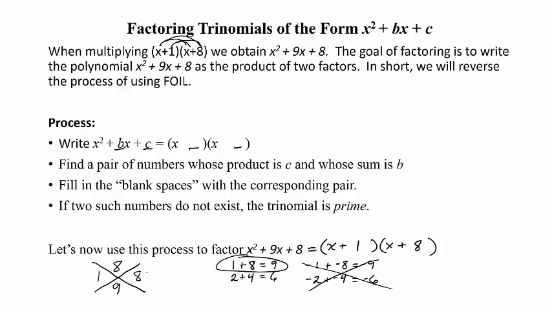When the leading coefficient is 1, you just have to think about what multiplies to give you that last constant and adds to give you the coefficient on the middle term. Okay, so we're going to get a lot more practice doing this. Before we go there, I want to do just an aside. We're going to do a lot more with factoring by grouping when the leading coefficient isn't 1,